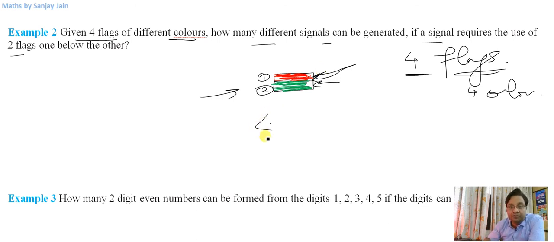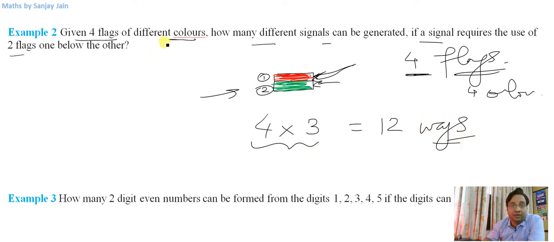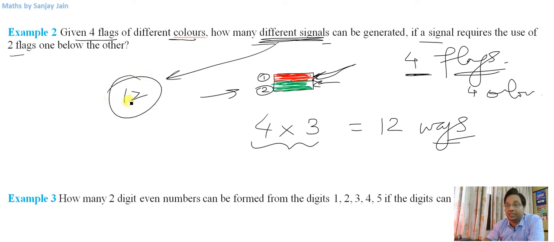So first can be filled in 4 ways, second can be filled in 3 ways. Total number of different signals formed will be 4 into 3, that is 12 ways. That is 12 different signals can be generated using these flags of 4 different colors. Okay,